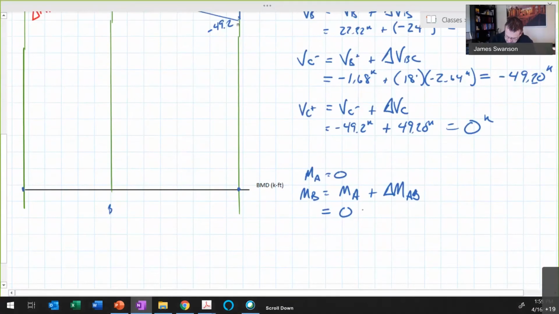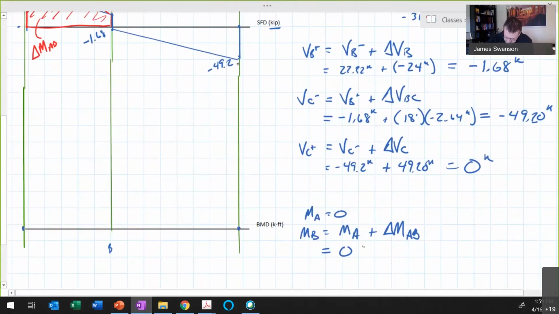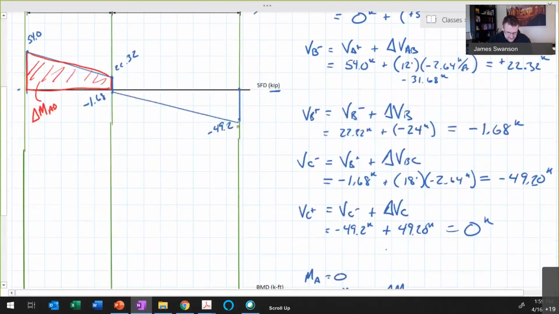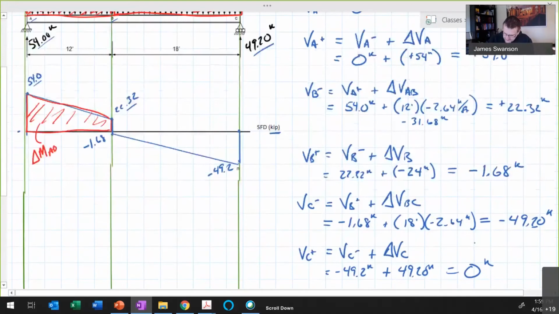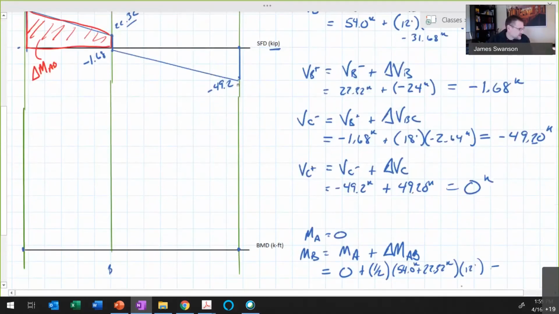So if we go down here, plus, what I'm going to do is take the average of the force to the left and to the right. So I have 54 to the left. On the right end up here, I have 22.32 there. So 54 plus 22.32 there, those are units of kips. And then I have a dimension of 12 feet there. And so what I end up with is a moment of 457.9 units of kip feet. So I'll call that point right about there. I'll say that's